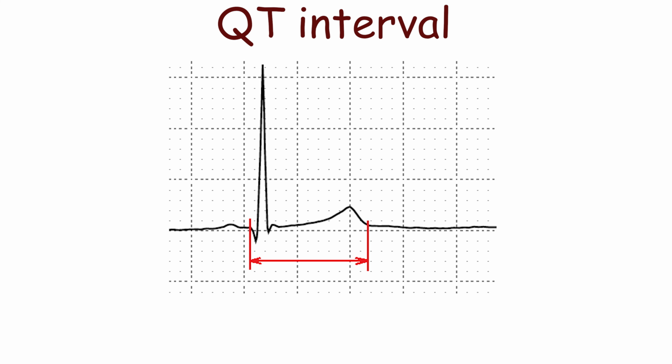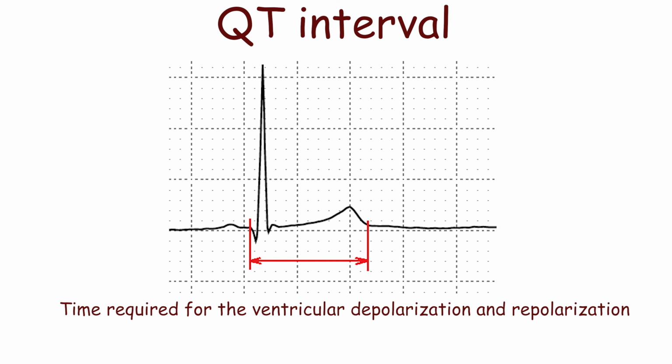The QT interval is the time between the beginning of the QRS complex and the end of the T wave. It represents the time required for the ventricular depolarization and repolarization. The QT interval is usually measured in lead 2 or alternatively in leads 1, V5 or other lead with